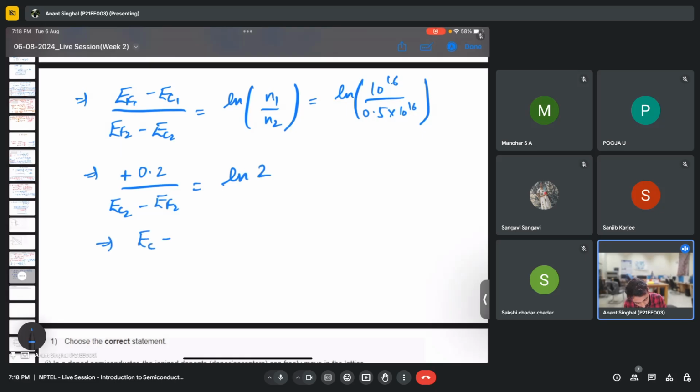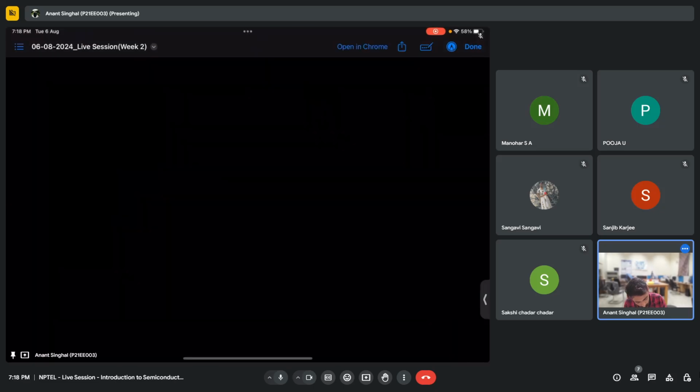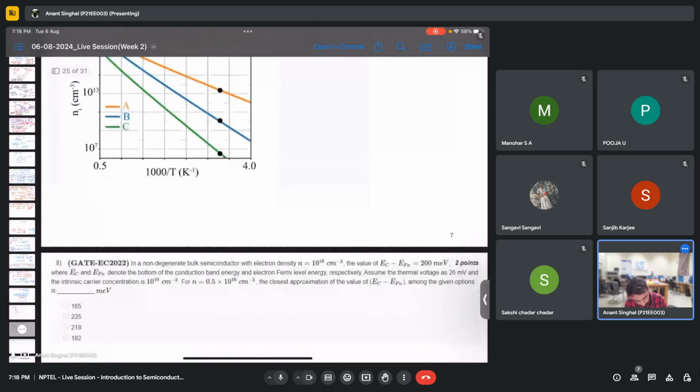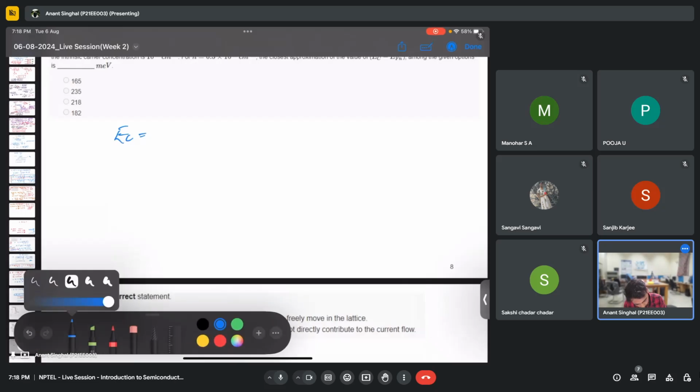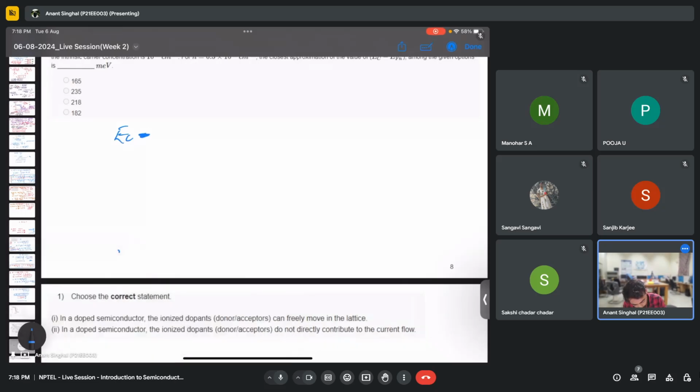So EC minus EF2, which is as in the question, will be nothing but 0.2, which is given, times ln 2. That is 0.2 times 2 point,